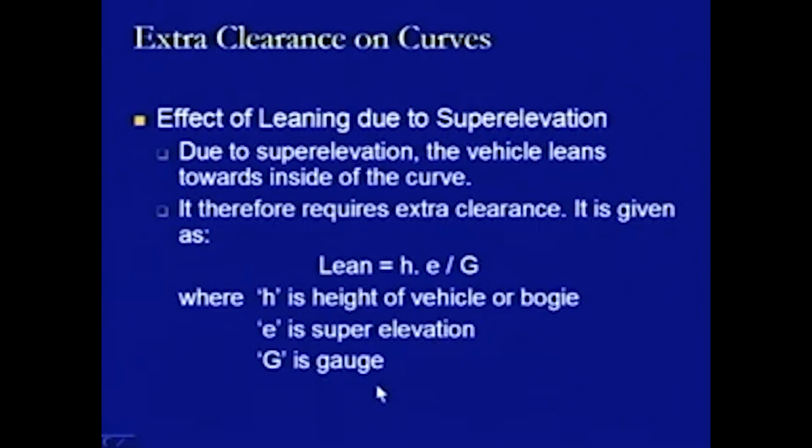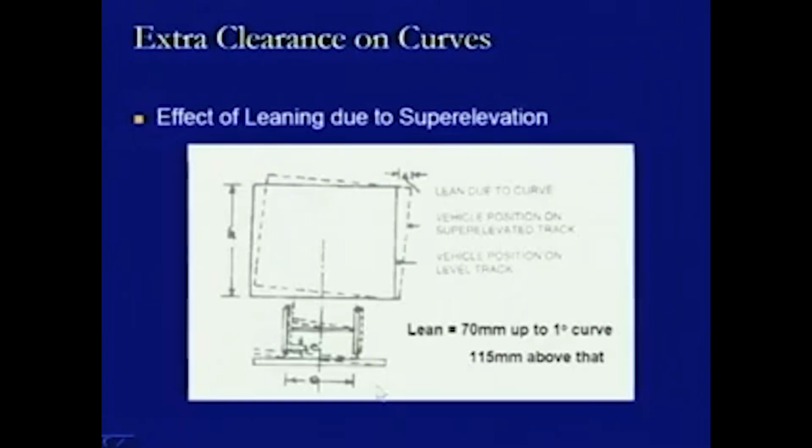So, E is super elevation, G is gauge. Now, we look at this diagram which is trying to define the leaning caused due to super elevation provided on the track. As far as the straight section is concerned, we will look at both the conditions in this diagram. First of all, let us look at the straight section where this is the base here, this is one rail, one wheel, this is axle, this is another wheel, this is the inside of the track, and